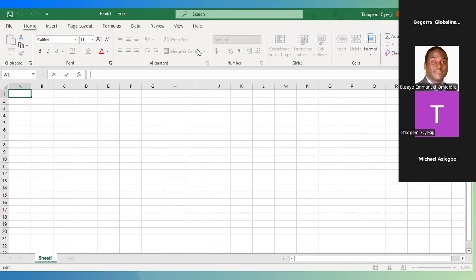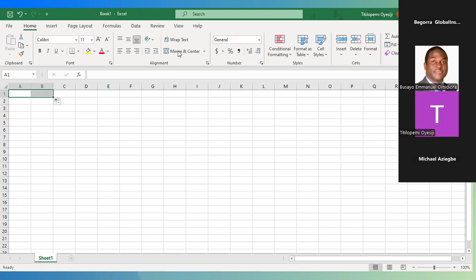Then we have merge and center. If you want to combine two cells together, let me just highlight it. I want to combine cell A and cell B together. So I want to join them together.